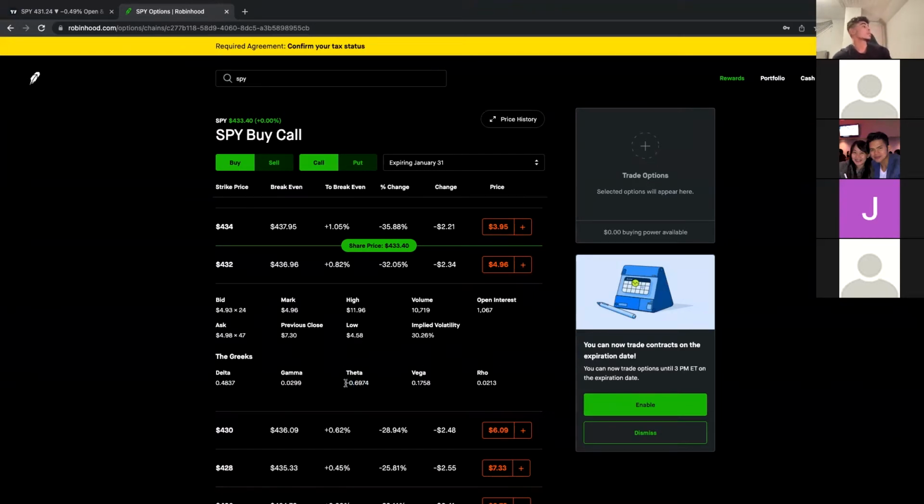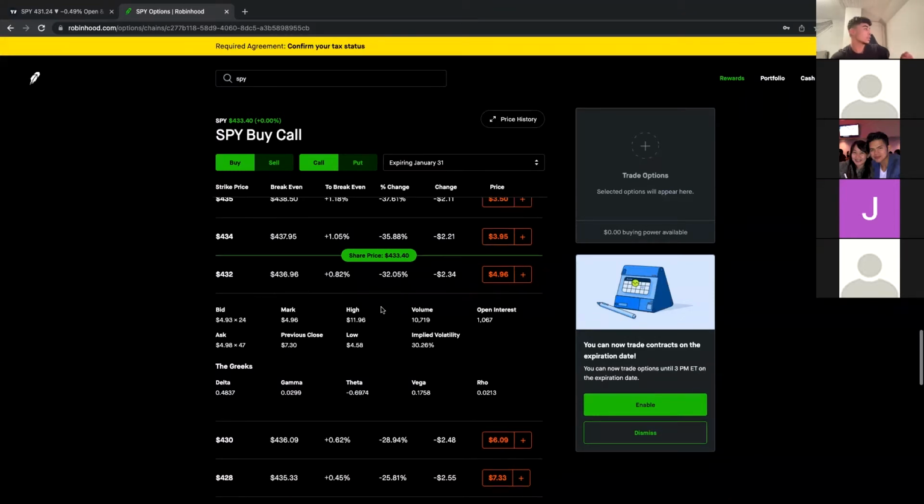So what this means is that for every dollar out of the money on the day of expiration, so this being a $432 strike on a $433 stock. Let me take a breather. You have a 432 call strike on a $433 stock. So this is an in the money contract. As a result,